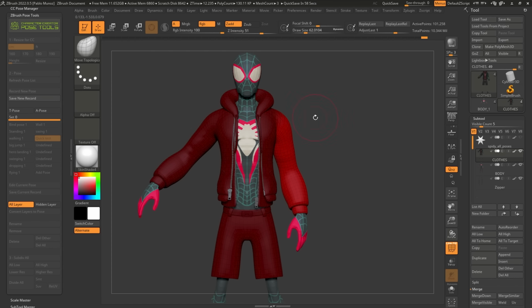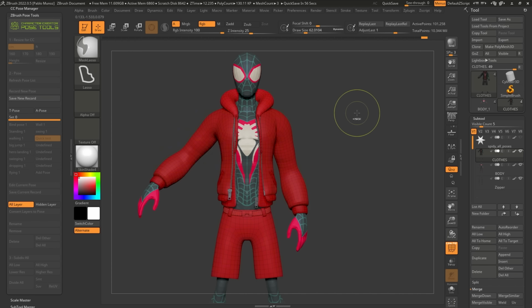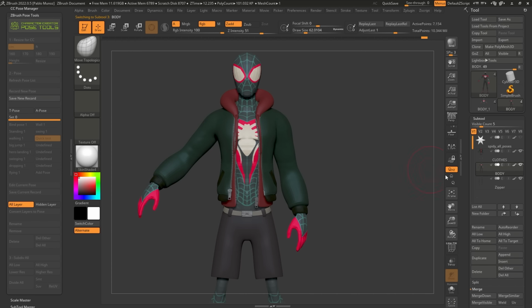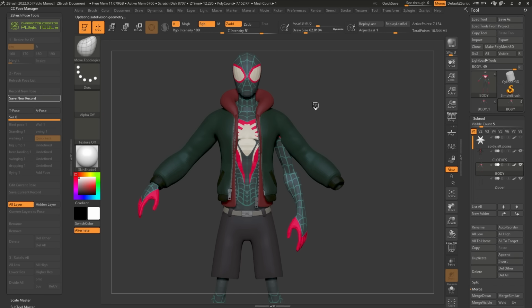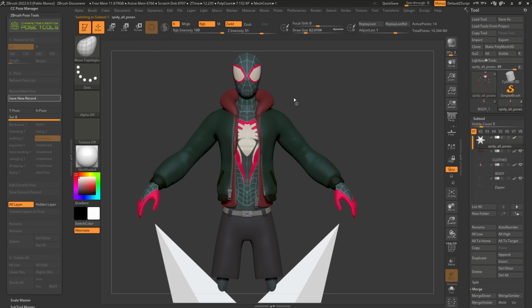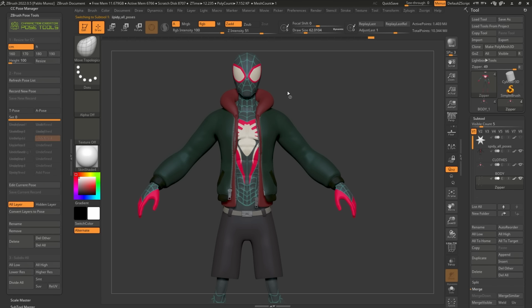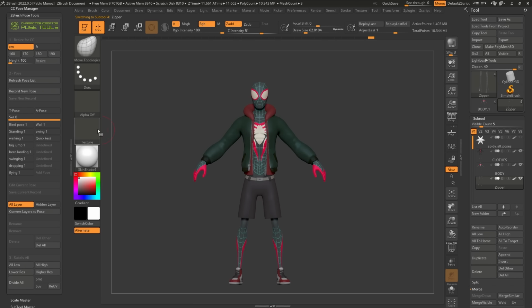Again, I just wanted to show you that you can do it with the gizmo. So let's clear the mask. I'm going to clear all the masks as well. And I'm going to click on Save New Record. So this is going to record this very simple change in this pose to a new switch or a new sculpting layer for each one of your subtools. All right, so now we can just click on Quick Test, and you see we now have that pose that we did directly in ZBrush.